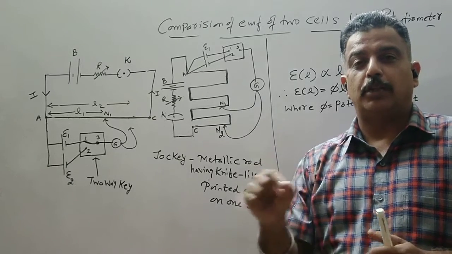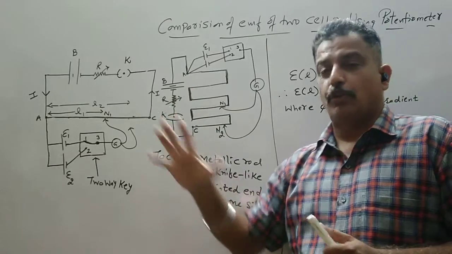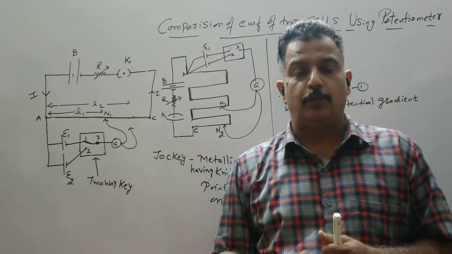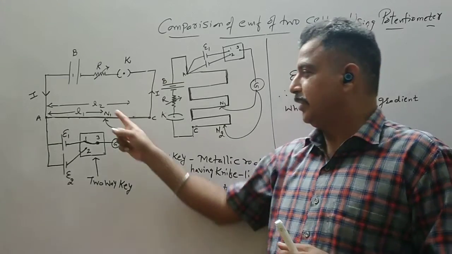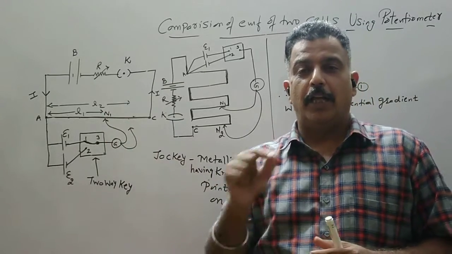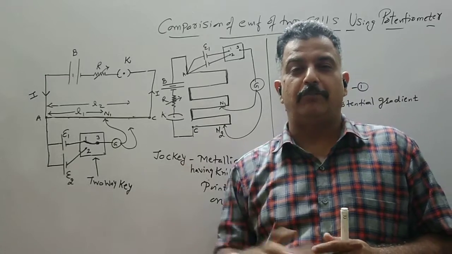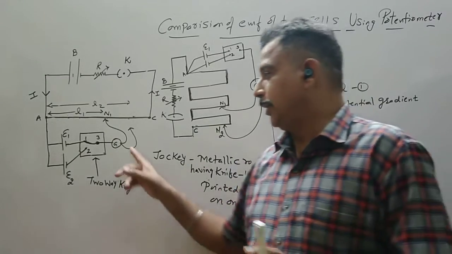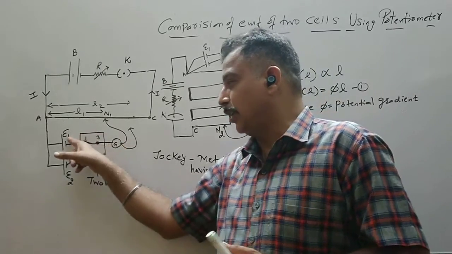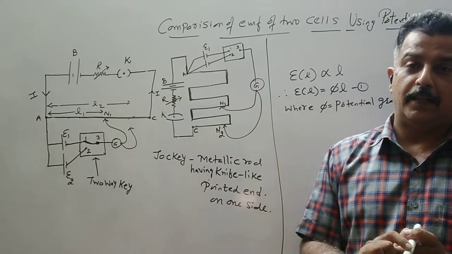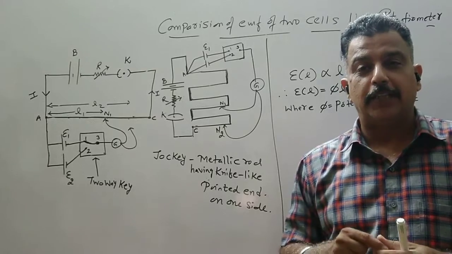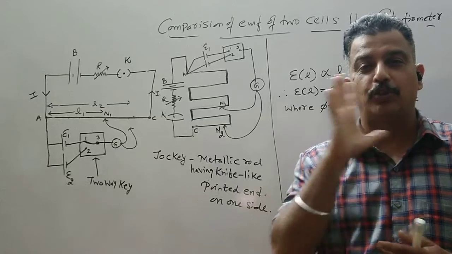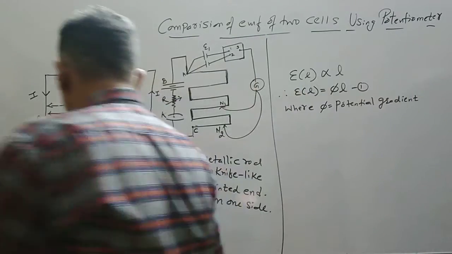You have to find out a point on a potentiometer wire where galvanometer shows deflection 0. It is called null point, so it is denoted by N. A null point is a point on a potentiometer wire where no current flows through a galvanometer, and if no current is flowing through galvanometer, it means no current is flowing through this cell. And that was a condition that in order to determine the EMF, the current flowing through that cell should be 0. Now see the situation.